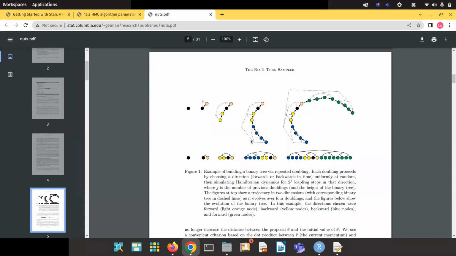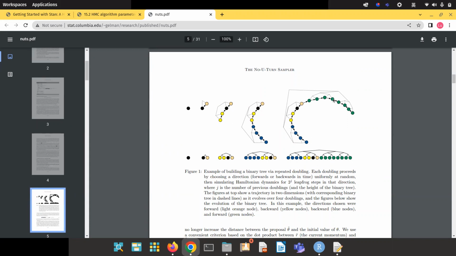When we generate the approximation of the trajectory that follows Hamiltonian dynamics, Stan builds up the trajectory by a binary tree. You can see the length of the trajectory increases exponentially